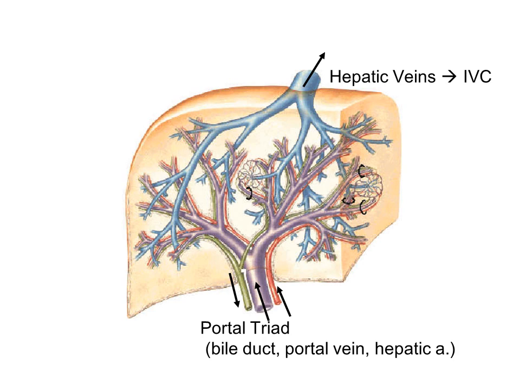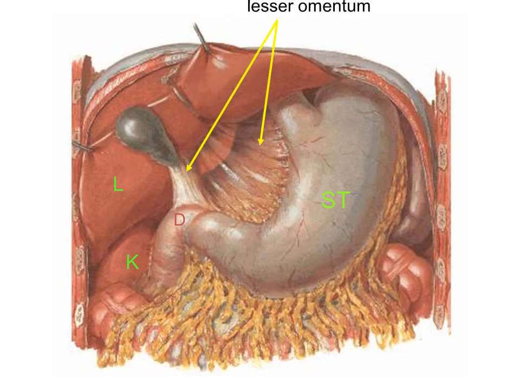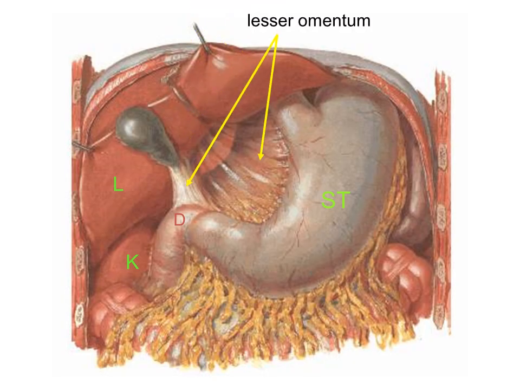Hepatic veins, they are three in number and they drain into the inferior vena cava. And this is a portal triad which contains bile duct, portal vein, and hepatic artery. Here is the lesser omentum that joins the lesser curvature of the stomach to the inferior surface of the liver,